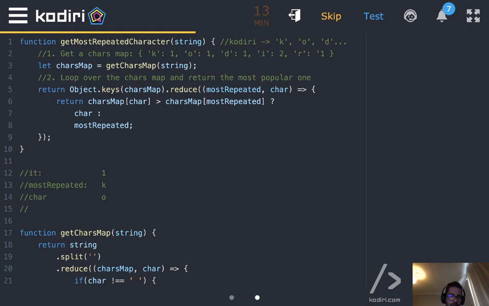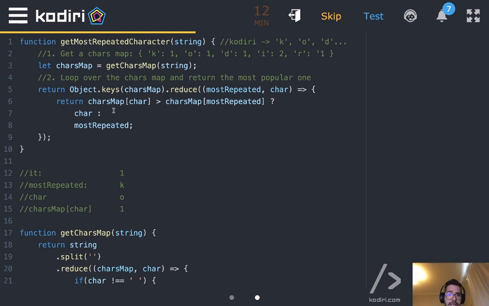So then, what is mostRepeated associated to the character? So, for instance, Minji. Sorry, that's not correct. Something went wrong. It's charactersMap of character. I'm here, line number 6. So Minji, what do we got here? It's 1.